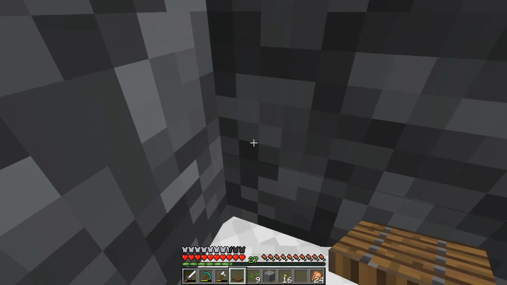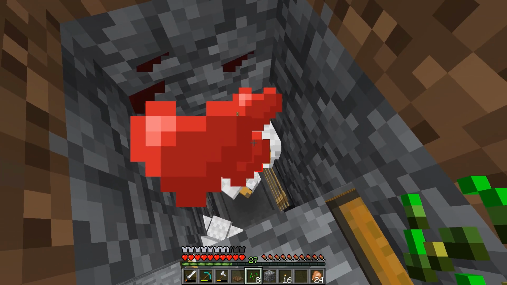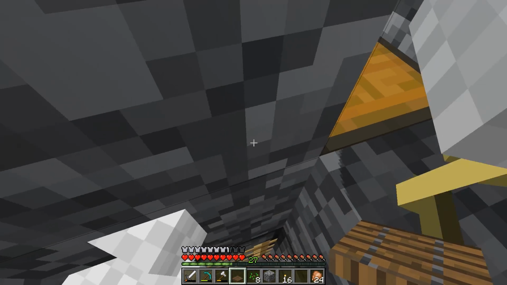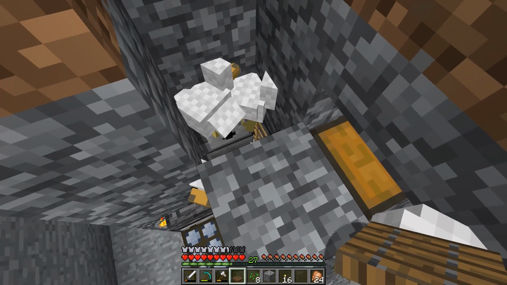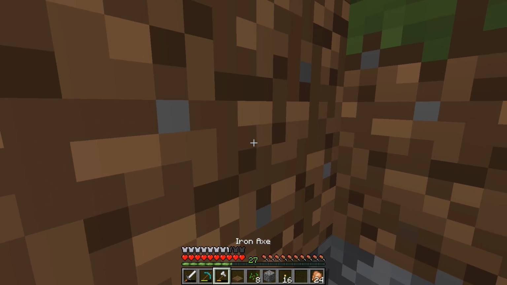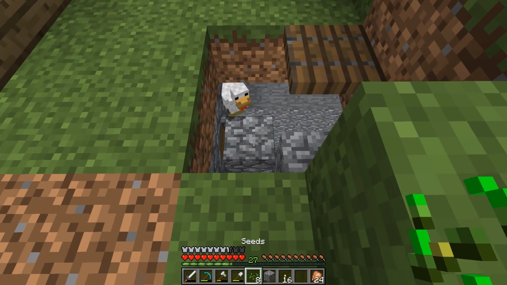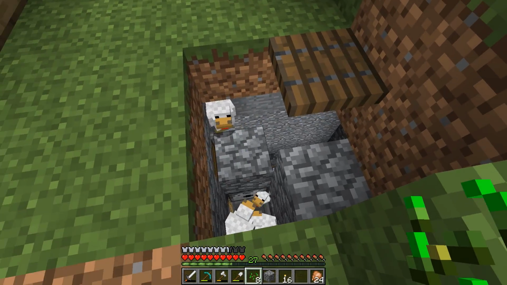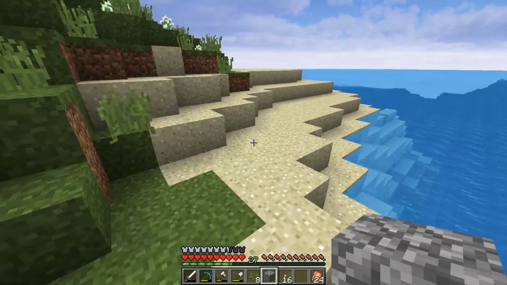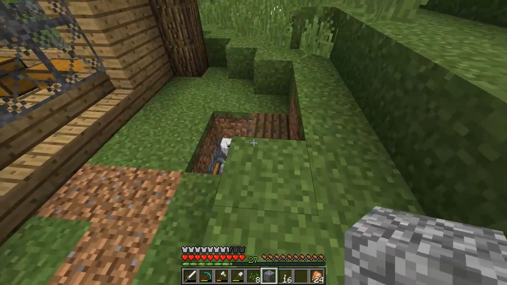Can we nudge them off somehow? Or can I like pull them over here and trap them under a trap door? Oh, this is making things worse. We may just have to go with the egg strategy, which is not really what I want to do, but tell you what, let's get far away, and then let's come back and try to lure that one chicken over